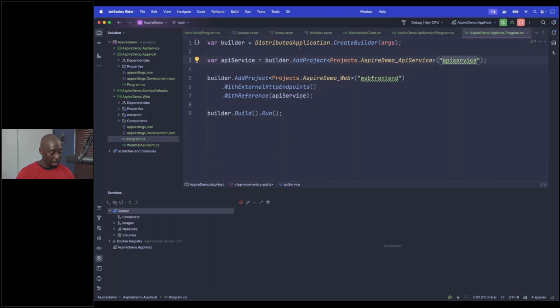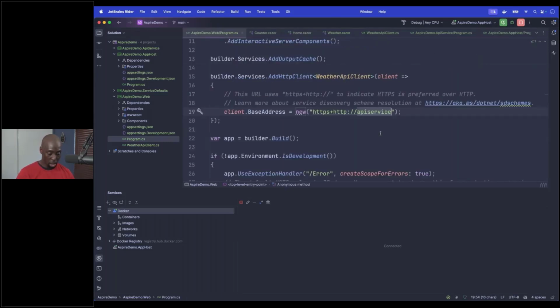So if I head back over to this registration, this is just saying, hey, I want this HTTP client to be attached to a base address, whatever the base address of the API service is. So now whenever it makes a call to something like /weather or /weather/ID, that's where it's going to go. That's what it's going to use and it's going to be able to resolve that.